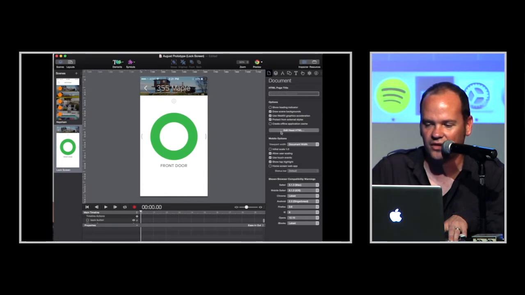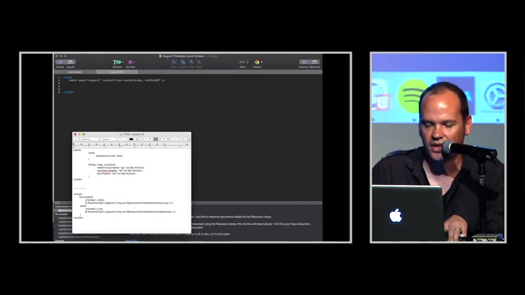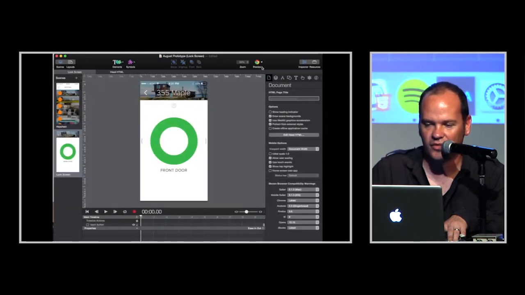You just go to the document inspector, click on this edit head HTML button, and you get a new tab that's got the head tags that are HTML, and you can put whatever you want in there. So we have got some nifty CSS we're going to just paste in there. And just really quickly, this little piece of CSS just sets the background color of the web page to gray, and this here is adding a border around the content that we've got in our prototype. So if we preview it again,